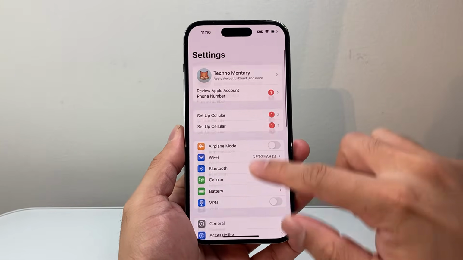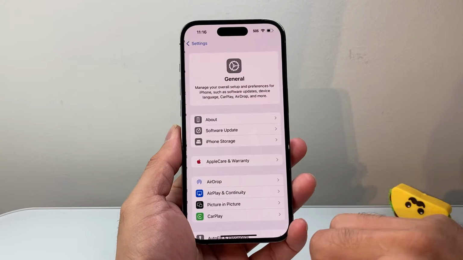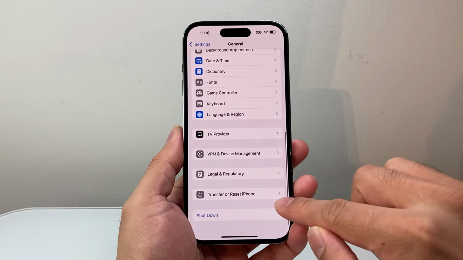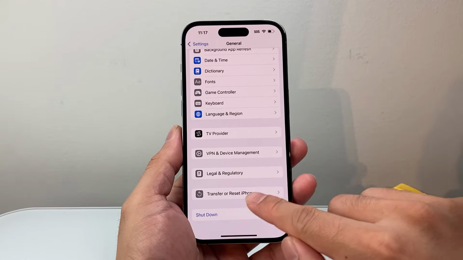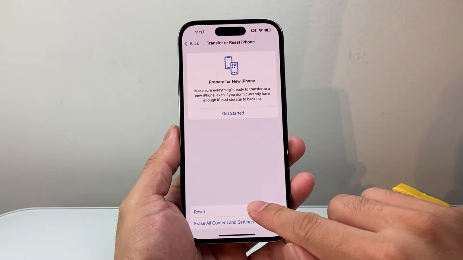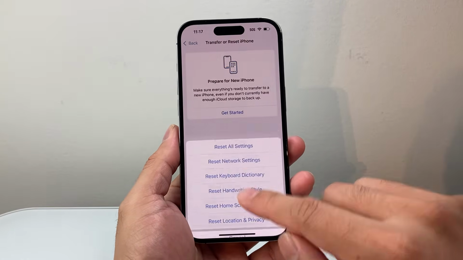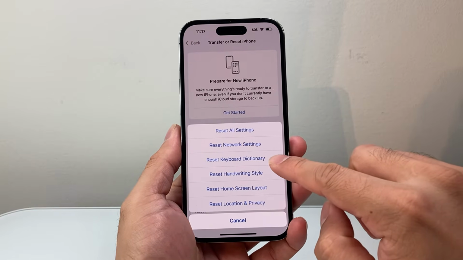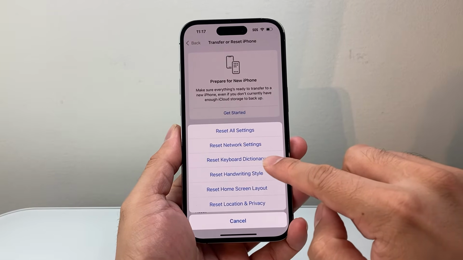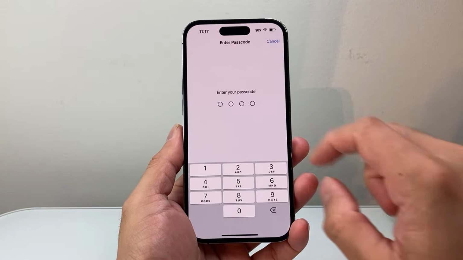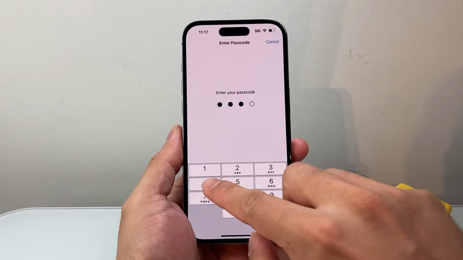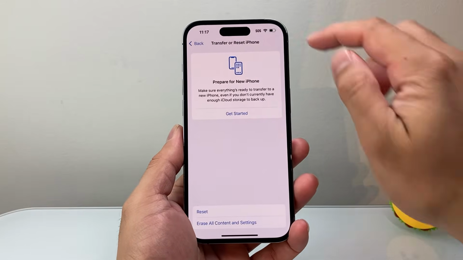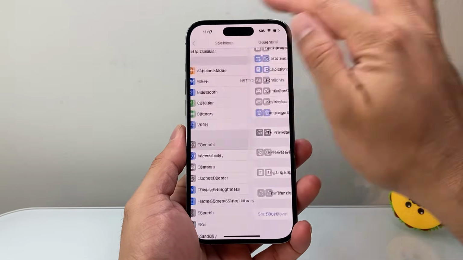Now from the main settings, this time we're going to go to General and then scroll all the way down to Transfer or Reset iPhone. We're going to click on Reset, and then go to Reset Keyboard Dictionary, right here where it says Reset Keyboard Dictionary. Tap on that, enter your phone's passcode, and then click on Reset, and then go all the way back